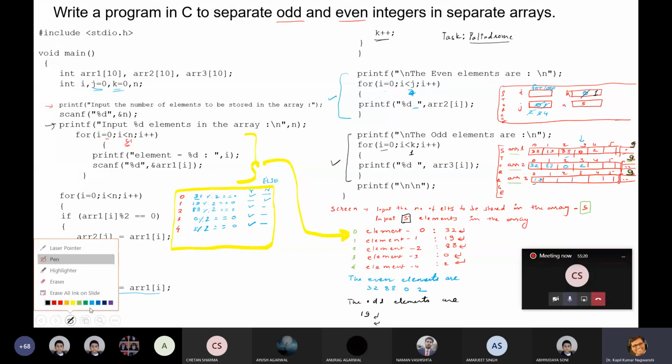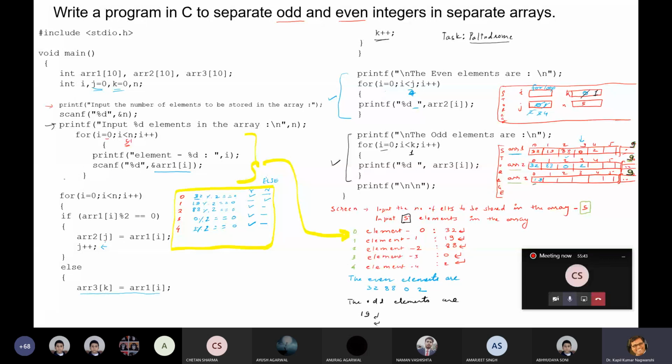Now it will start accepting the elements in array 1. Here you can see the reflection at array 1: 32, 19, 88, 0 and 2 are entered initially.